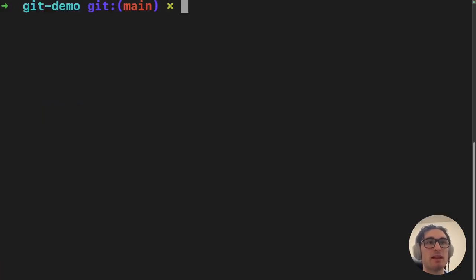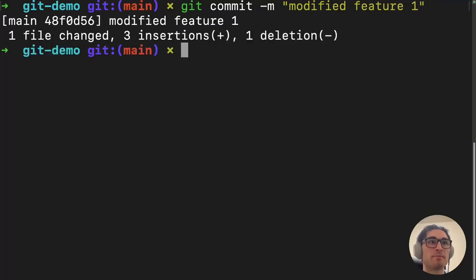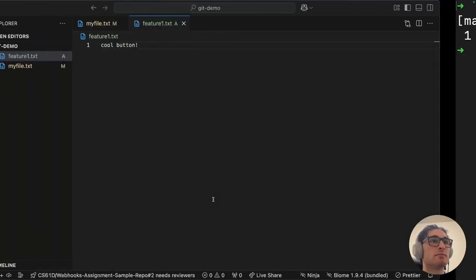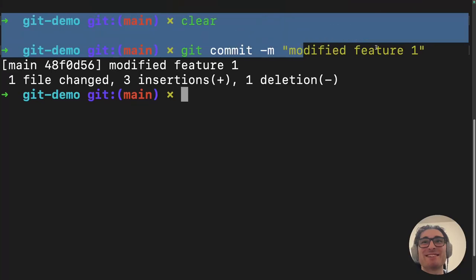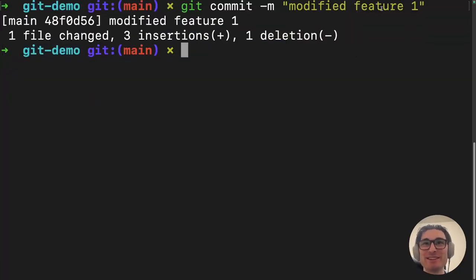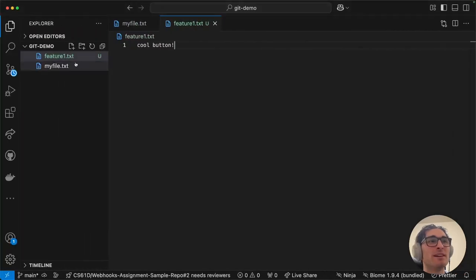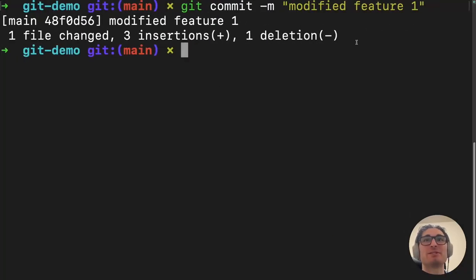So then we can make a commit saying modified feature one, and only the changes to that. I should have changed this. I should have said modified myfile. But anyways, only the changes to myfile were committed, and the feature one changes are not committed. So I messed that up. I should have had a different commit message, but we could now create another commit,